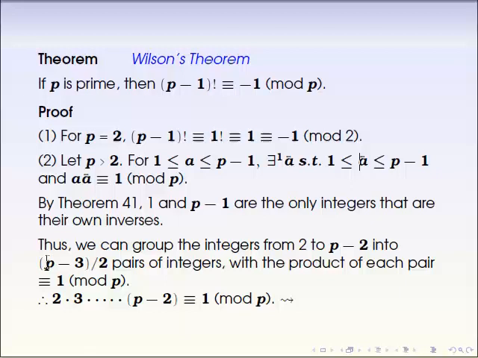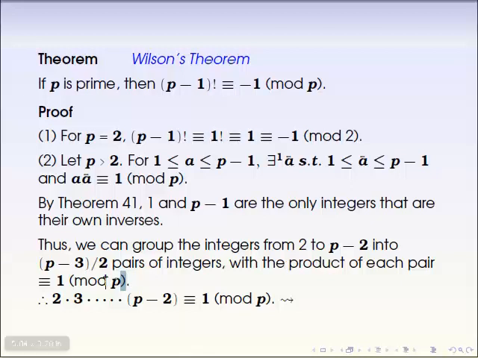and it should be unique. And another thing, p is a prime greater than 2, so it should be an odd number. So p minus 3, because there are only p minus 3 integers between these two integers, right? So this number should be an even number, right? So after dividing by 2, it's going to be another integer, right? So it's well ordered into these pairs, right? All integers could be matched to their own inverses, which are not known at this moment